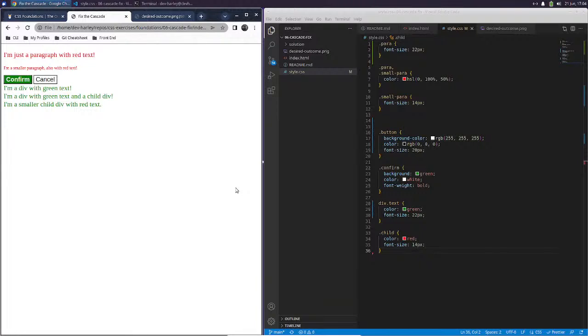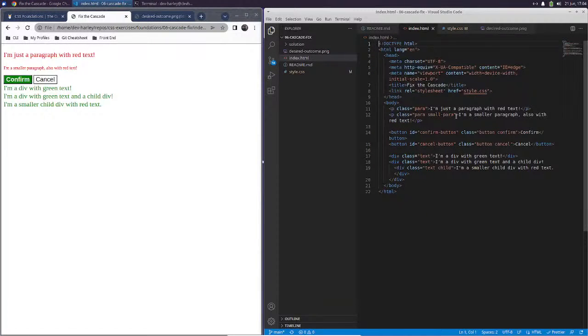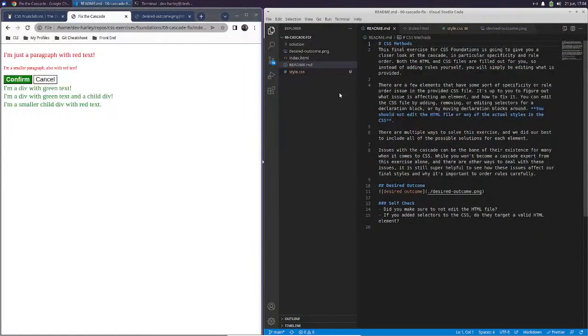This is my last one right now. And then should be done. Okay. So there's button, there's confirm. Text child. So yes, we're not going to touch any of that. If you added selectors to the CSS, do they target